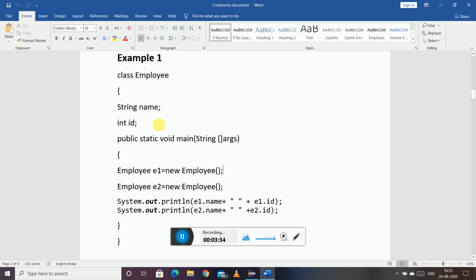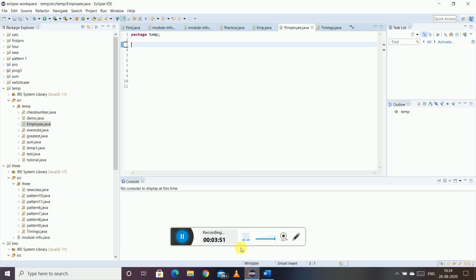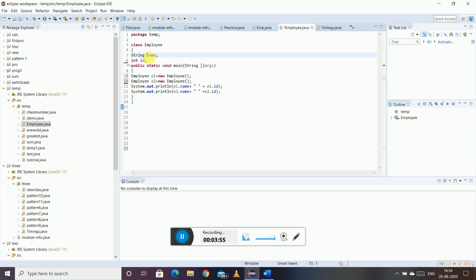But since you have not initialized these variables with any value, the default values of the variables will get printed. So we can just see by running this what will be the output. Here I have this Eclipse and I'll run this quickly.